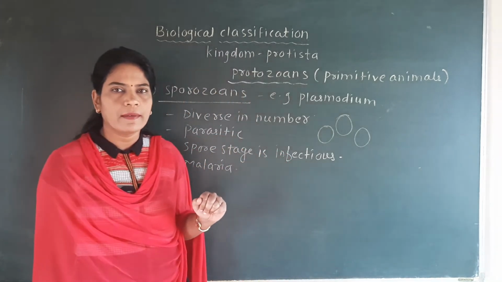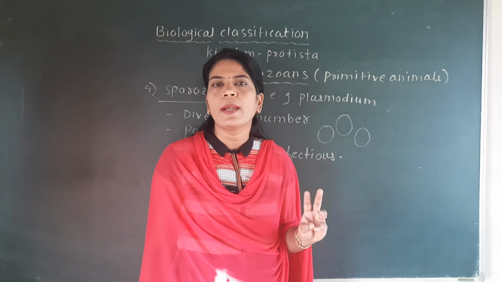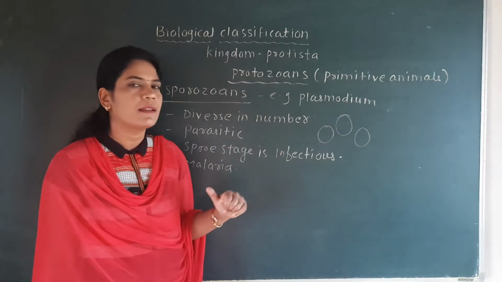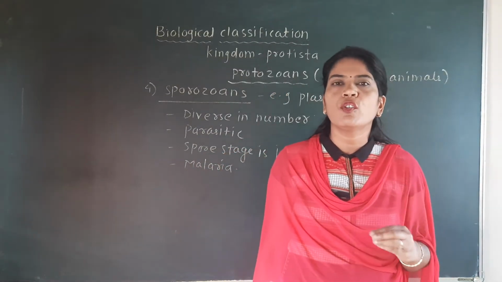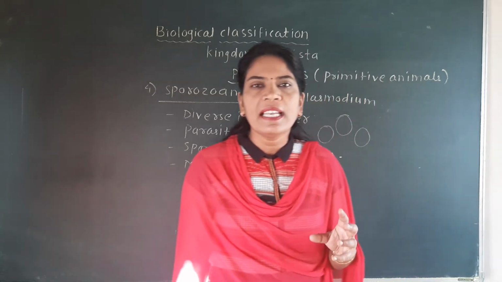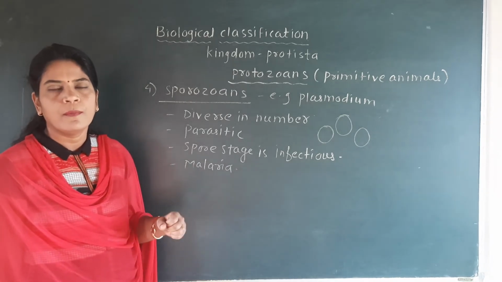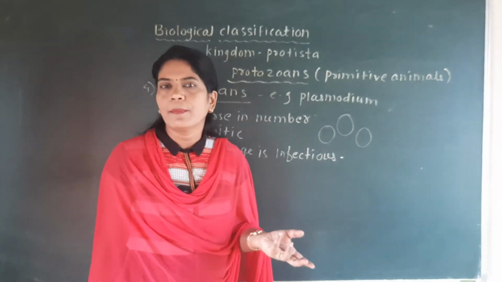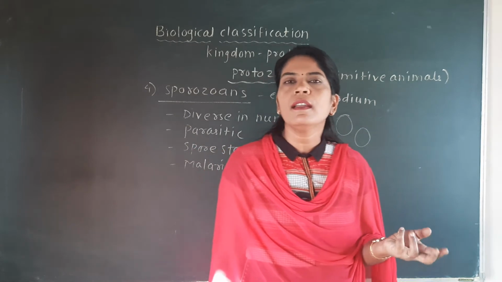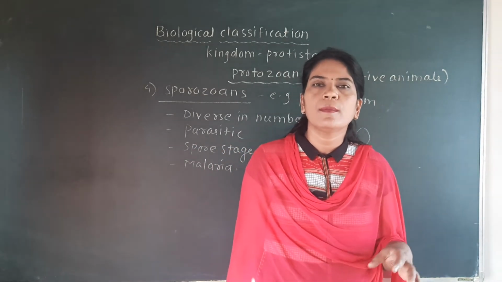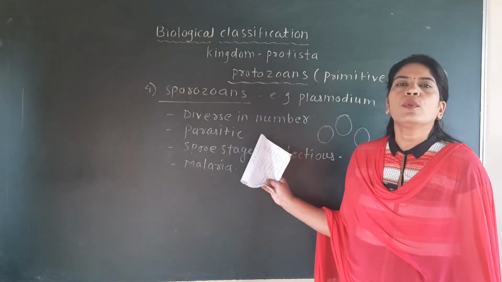Okay. Next point is which group is non-parasitic? Only the ciliated protozoan, while amoeboid, flagellated, and sporozoans are the parasitic ones. Now all these points are for the MCQ point of view. If the question is asked that gullet is the characteristic of, that is the ciliated protozoan, example is the paramecium. Malaria disease is due to, the answer is plasmodium. Sleeping sickness is due to, the answer is trypanosoma. So these are some of the important points from this group, called the protozoan.